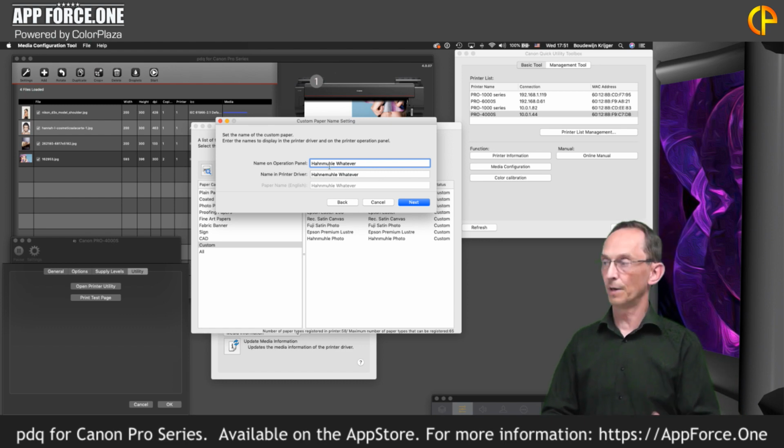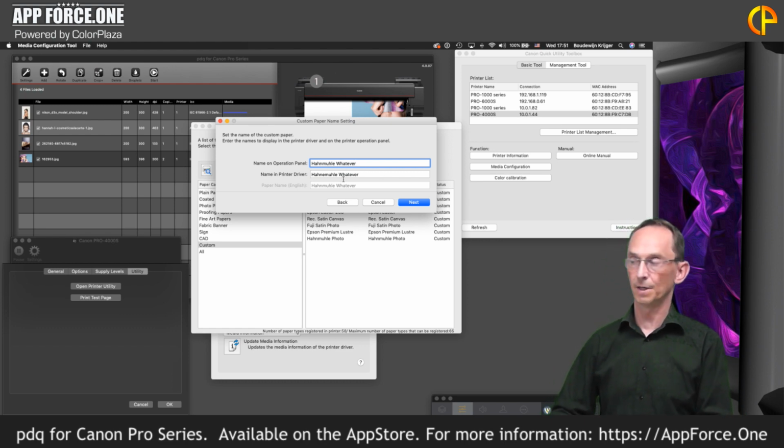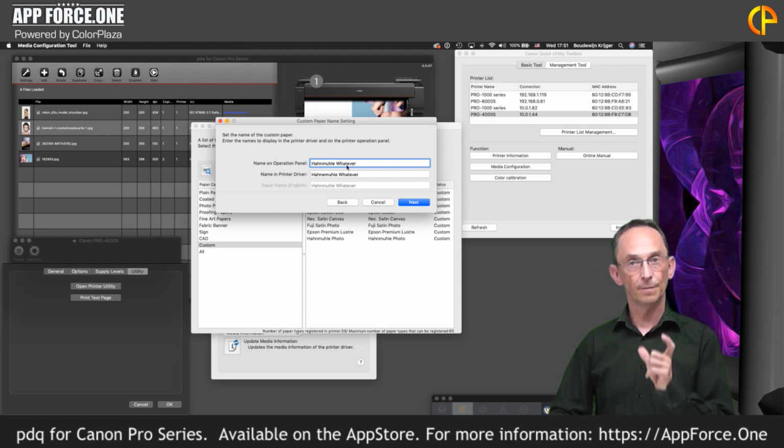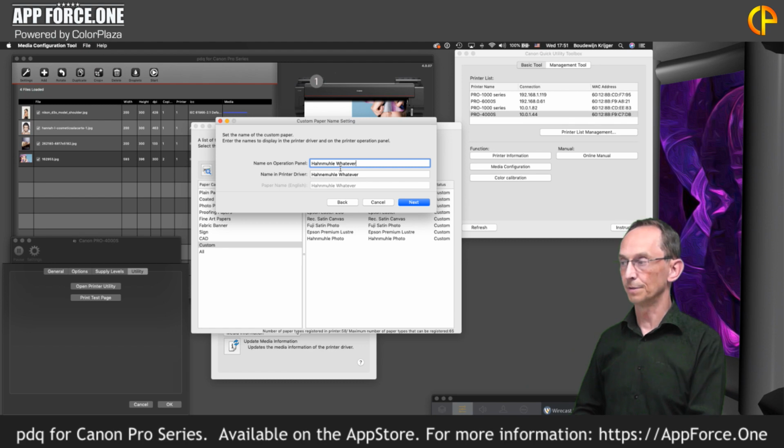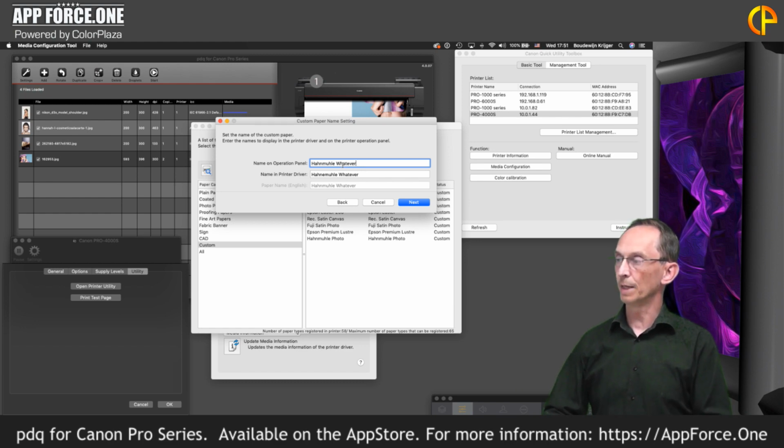So I try to keep those names the same. I would say always make them the same, because you'll make it more confusing if you don't. It does mean that you sometimes have to shorten the name, because the name on the operation panel, so that's just a control panel on your printer, is limited in size. So don't make it too big, because you won't be able to put that name on the panel, and it will just say it won't do it. So make them the same, and make them short, and make them the same for both the panel and the printer driver. And if I say next,